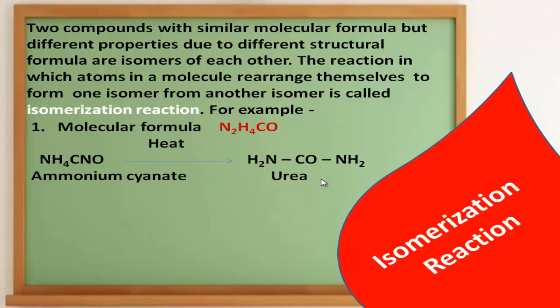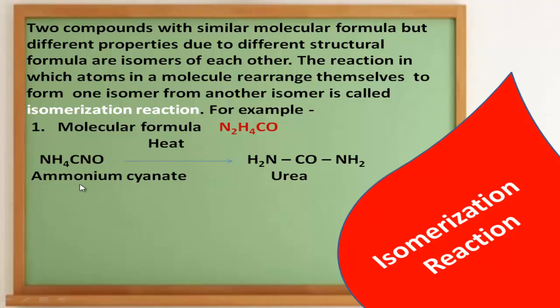Urea is a fertilizer, you know that, but ammonium cyanide is a poisonous substance. So just for the different structural formula, having the same molecular formula, they are totally different compounds, and they are actually isomers of each other. So when two compounds have a similar molecular formula but different structural formula, they are called isomers of each other. That means ammonium cyanide is an isomer of urea, or urea is an isomer of ammonium cyanide, and the reaction through which